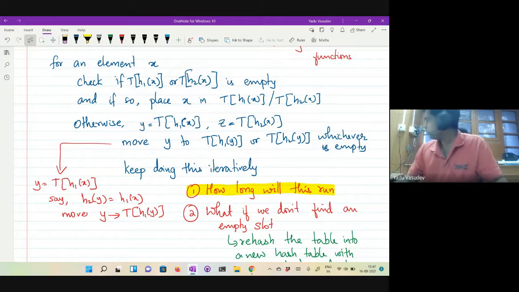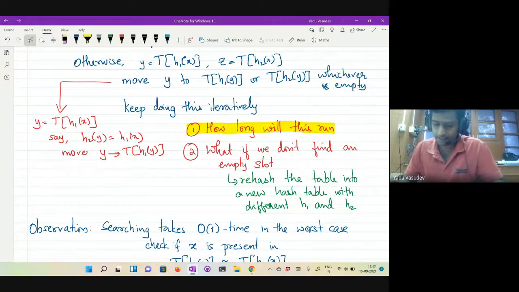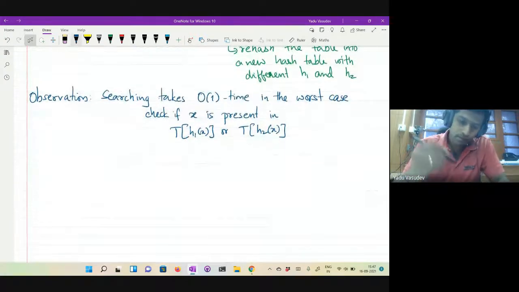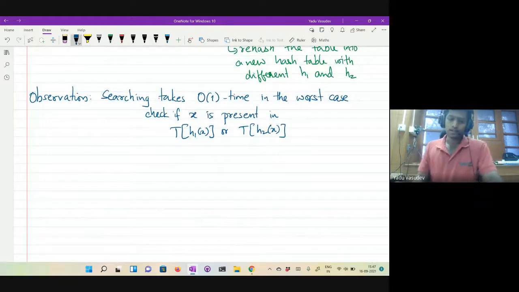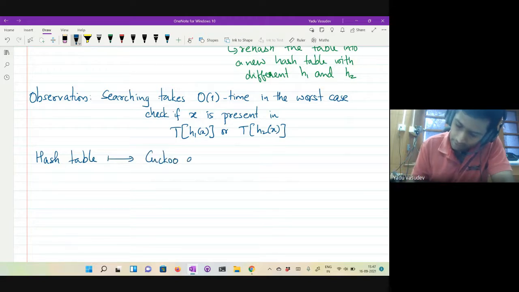Okay. So then let's try to see how to analyze the cuckoo hashing, right? One way to look at this hashing process is to look at the hash table and study a corresponding graph, what is known as the cuckoo graph of the hash table.